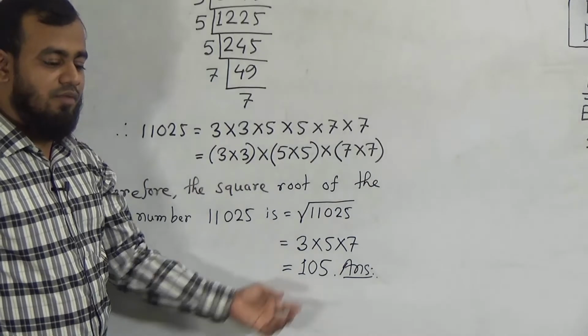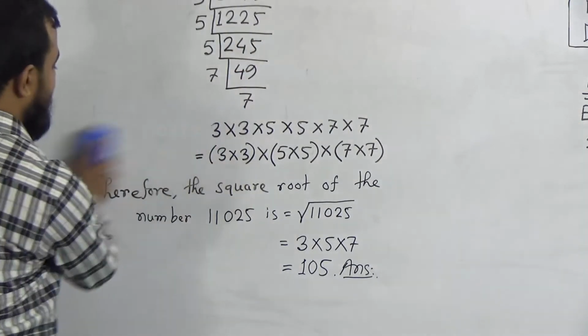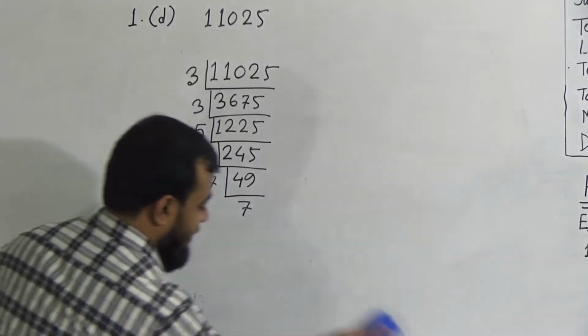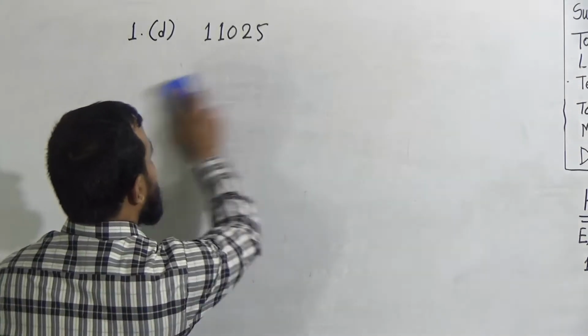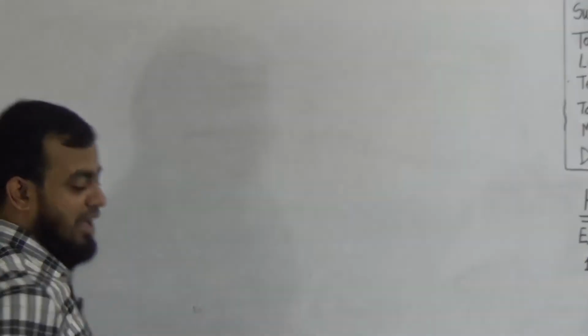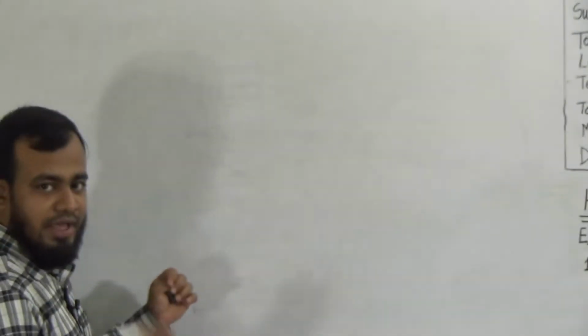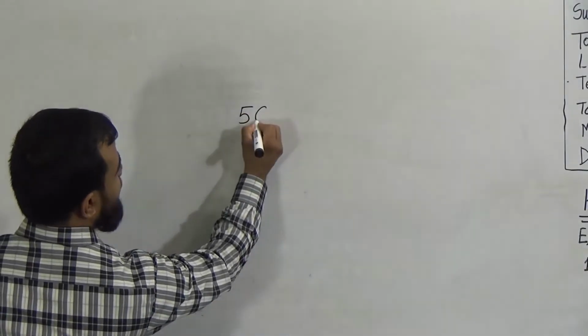Now we will solve question number 3, activity D. Question number 3, activity D and question number 4, activity C are similar to each other, and both problems are related to prime factorization. To solve them, we must see this example. First of all, I am writing an example on the board. Suppose 50 is a number.